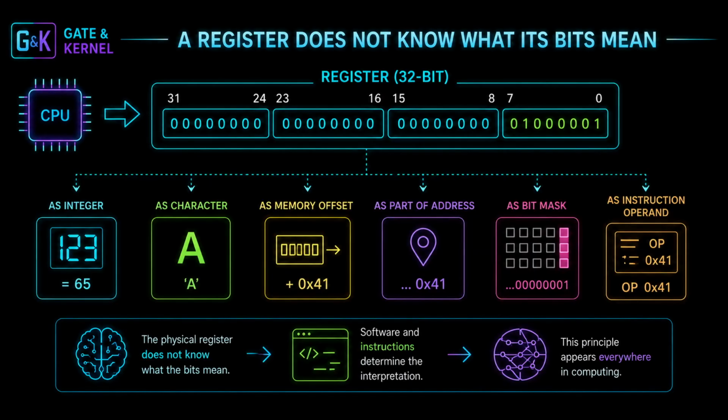Chapter 3. A register does not know what its bits mean. This is a very important concept. Suppose a register contains